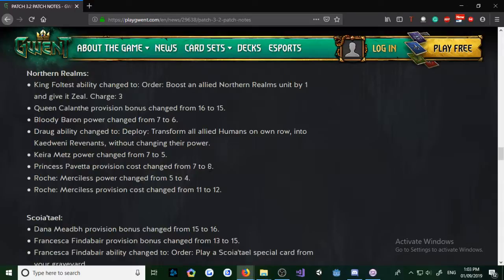Pavita has been changed to 8 provisions instead. I don't think that's really that good, but 7 was good enough. You see, Northern Realms is just getting straight away nerfs for no reason. King Foltest's nerf was okay. Queen Calanthe, I don't like that. Bloody Baron was okay. Draug's nerf wasn't that good, because this is the only card, because most of our other